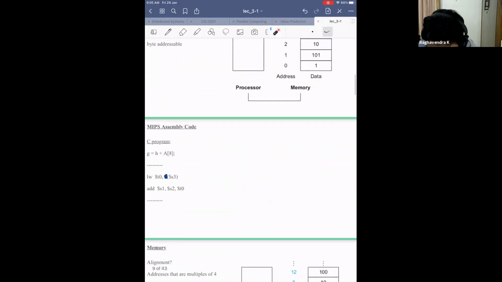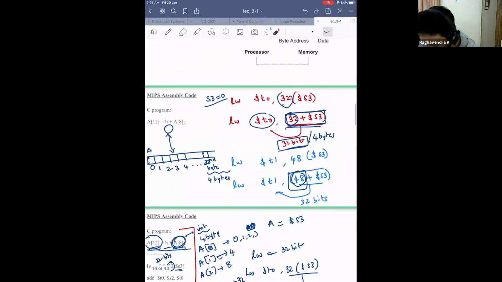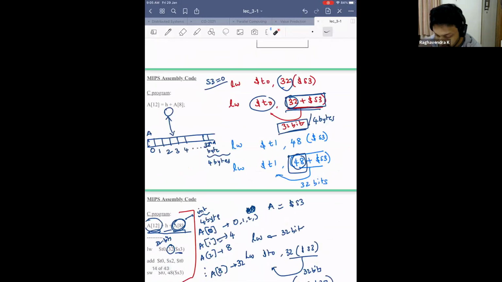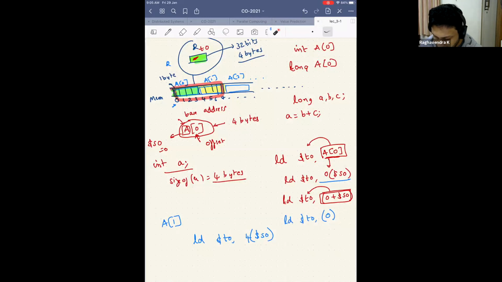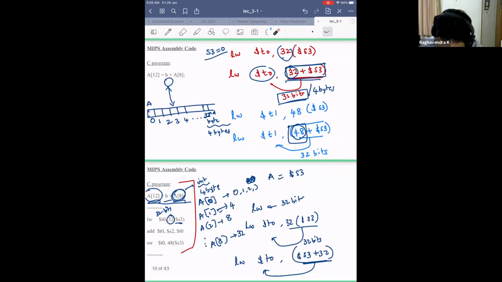I hope this is what we were talking about in terms of byte addressable memory. I hope it is clear now, and I hope you understand why we are doing this. The important takeaway is that this A of 8 is now converted to 32. This is 32 because there are 4 bytes here, and it is 4 into 8. So I do a load word and I go to the 32nd